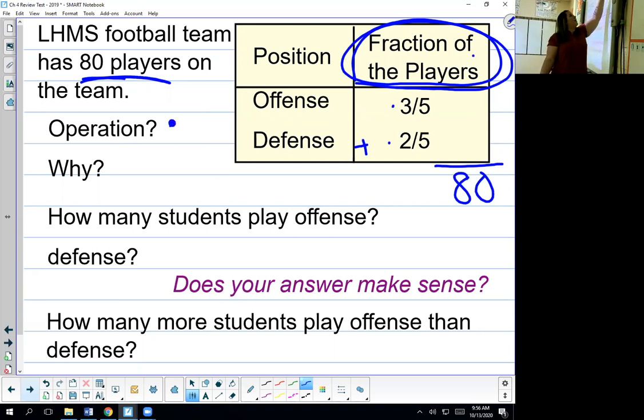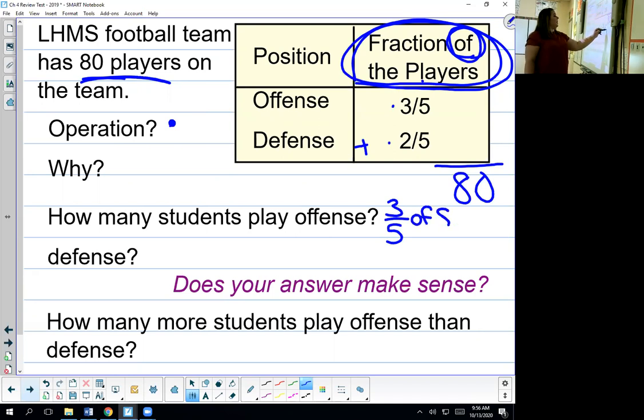Why? Because it is a fraction of the players. So offense is 3/5 of 80. So 3/5 times 80 over 1. You can do it whatever way you want. You want to do 80 divided by 5 and then multiply by 3. Doesn't matter. I'm going to do 240 over 5, which if I do that in my head,